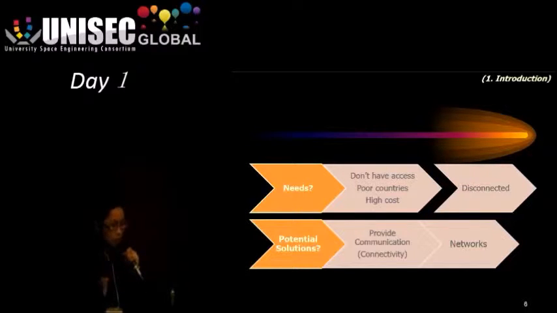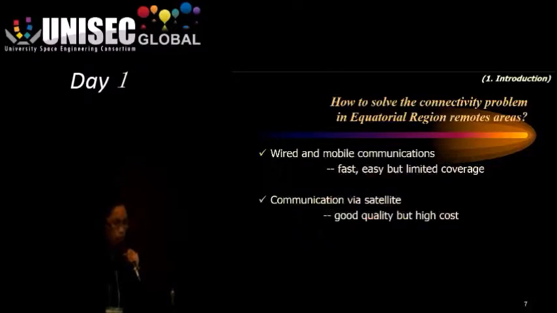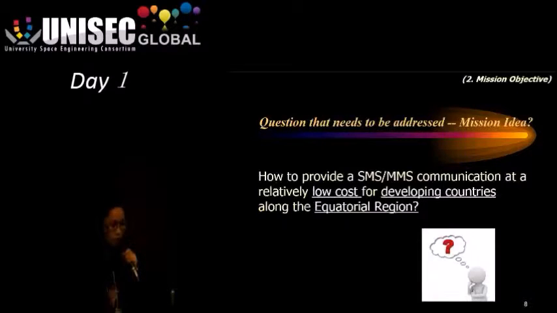So the potential solution is to provide communication via networks. How to solve this? Either we can use wired or mobile communications, which are of course fast and easy, but have limited coverage, particularly in remote areas. We can also provide good quality service by communication via satellite, but of course this is expensive. So our question is how to provide this SMS or data communication at a relatively low cost for developing countries